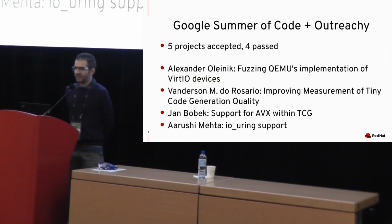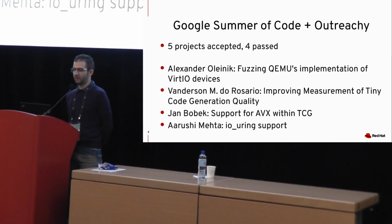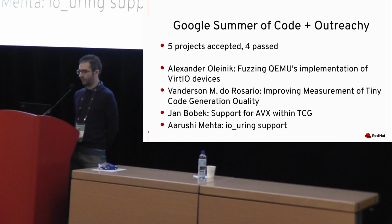As usual, we have participated in Google Summer of Code and Outreachy. We had 5 projects accepted and 4 of them passed. And fuzzing of QEMU for more secure emulation, improving measurement of tiny code generation quality from Vanderson, support for AVX within TCG from Jan, and for Outreachy there was io_uring support for Arushi, and